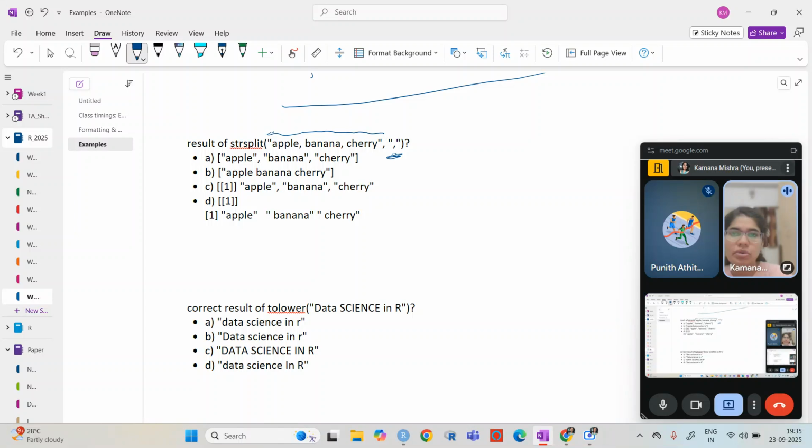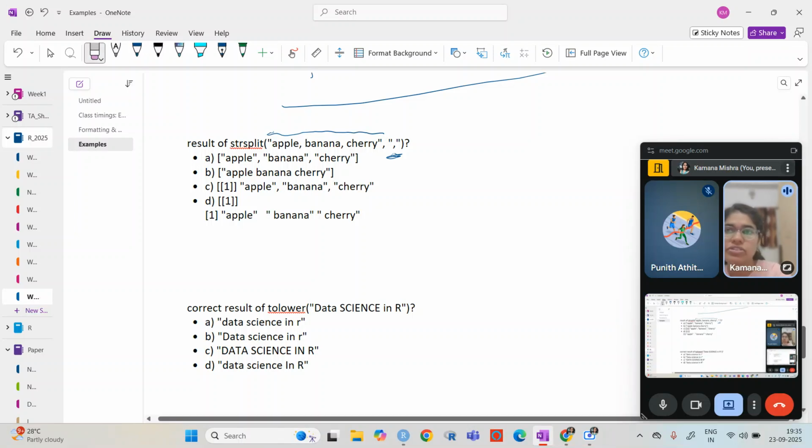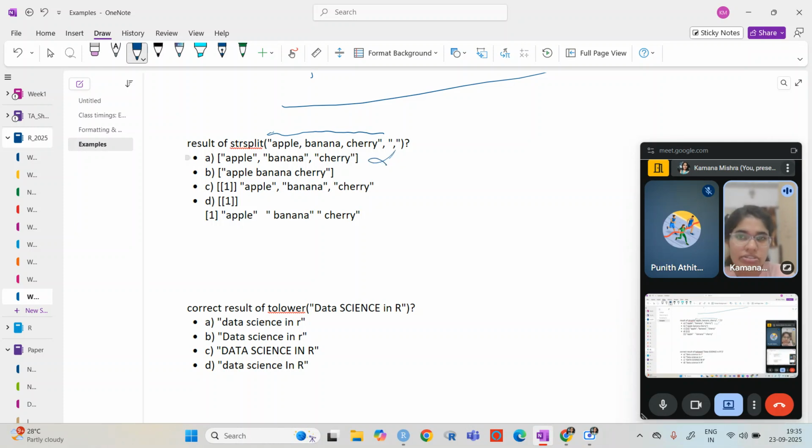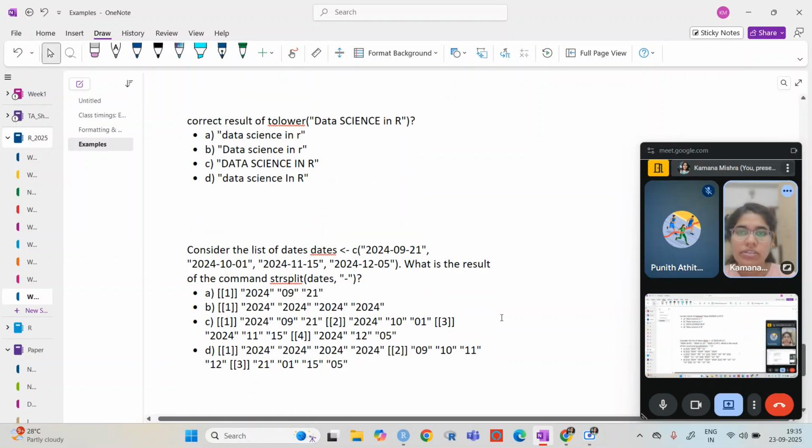The first cannot be its answer, because it is already written. The second also cannot, because we do not have the answer in these big brackets. The third also cannot be the answer, because there is still a comma. So the only option left is D. It is going to separate by the commas, so it will be apple, banana, and then cherry.